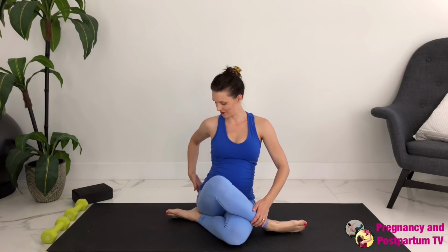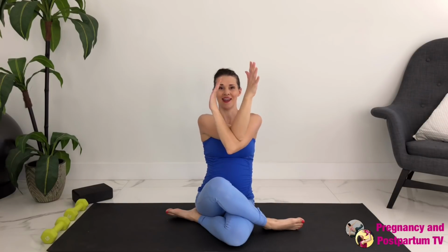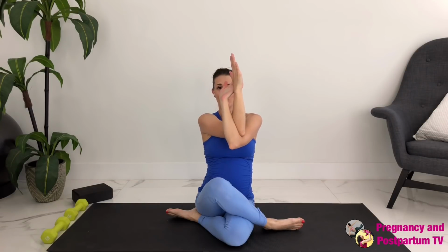on the top. So it's going to give a deep stretch through here. If you're here, that's absolutely fine. Just wherever is comfortable for you. And then we're going to take our left hand over top and bend and grab for your thumb or grab for your palms. And then once you're there, lift your elbows up to give a nice stretch between your shoulder